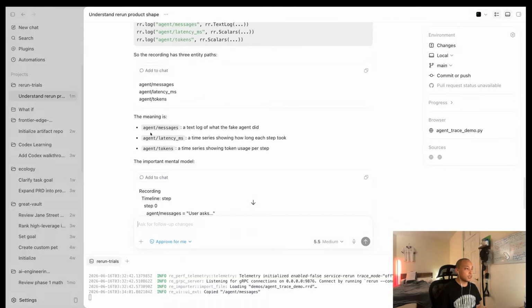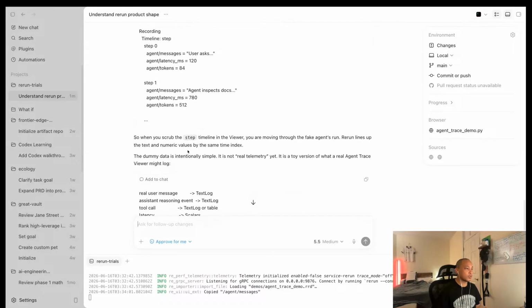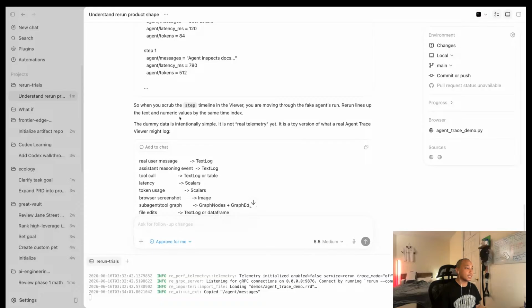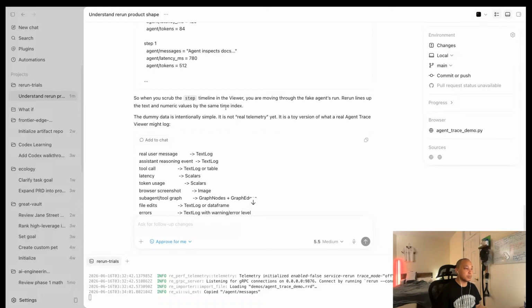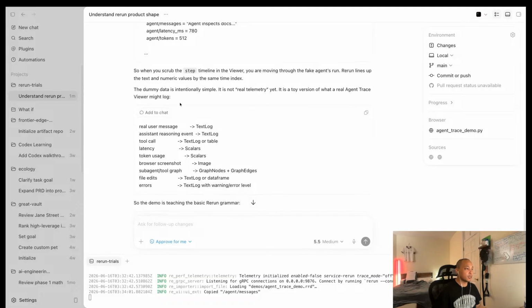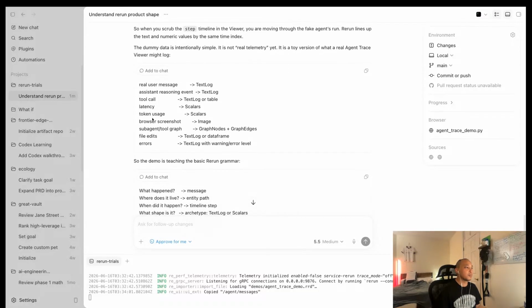The meaning is an agent message attack log of what the fake agent did. When you scrub the step timeline in the viewer, you are moving through the agent's run, and rerun lines up the text and numeric values by the same time index. The dummy data is intentionally simple. It's not real telemetry, it's a toy version of what a real agent trace might look like.